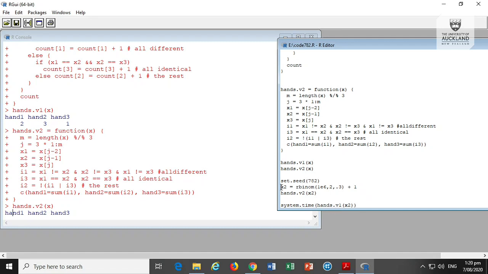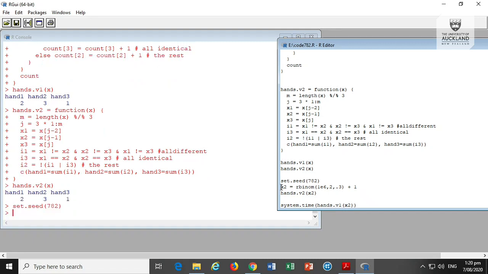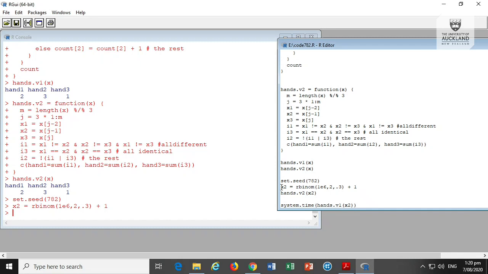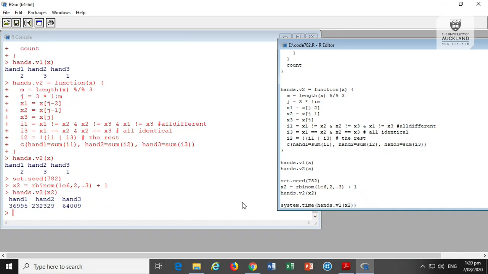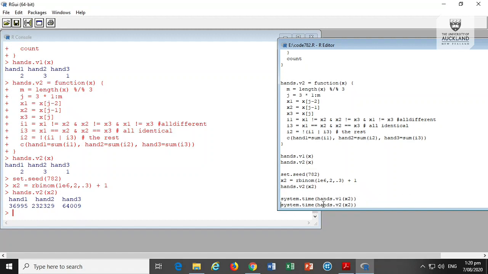Doesn't really matter, but to match the example we had earlier. So let's do that, and then we can just run the version 2, and we get the result. We see there's more in the middle than the other ones. And we can actually look, there's a function called system.time that gives you the timings for the function that you're calling. So we can do that